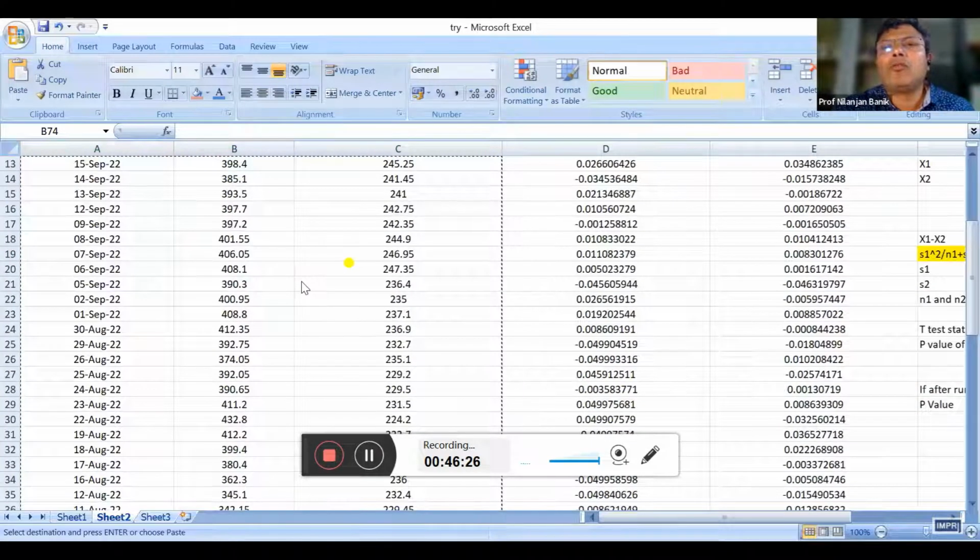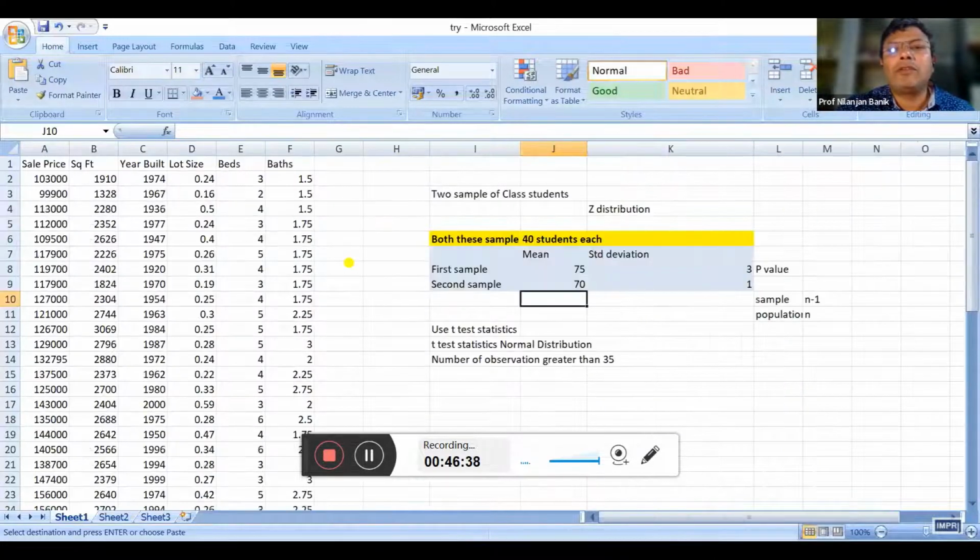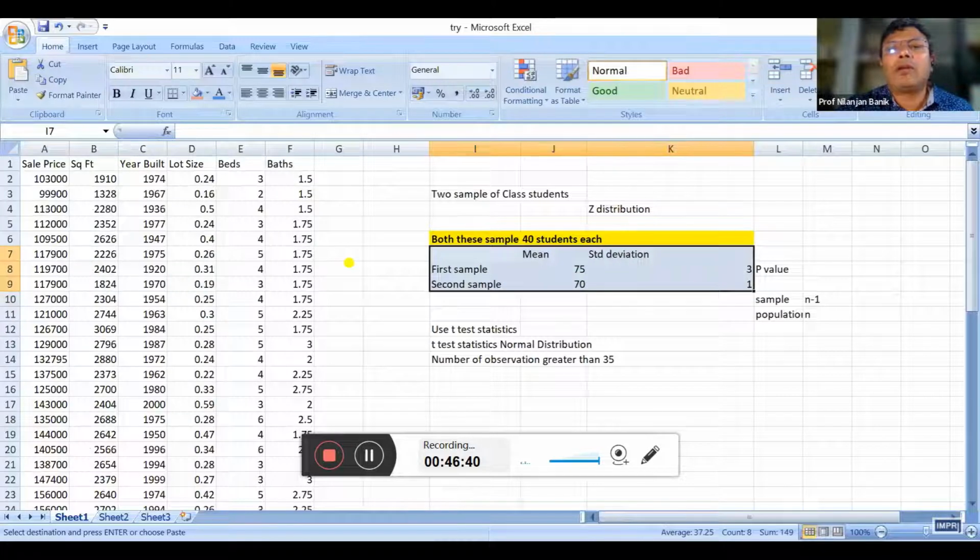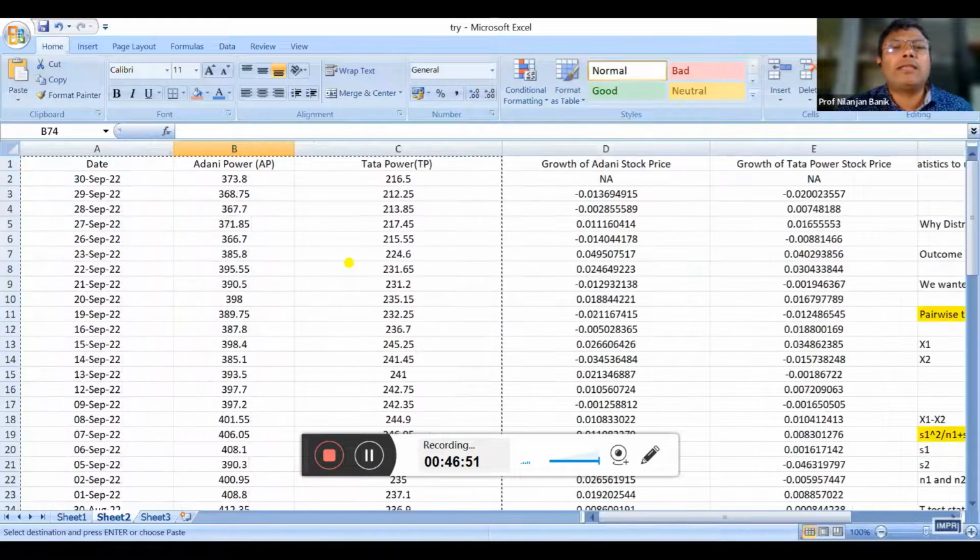What we did, to repeat, and why we did all this: in the previous class I said that if you are getting a sample like this, which one is a better sample? I did not actually introduce you to the concept of pairwise t-test, but today I introduce you to it. And I said that in absolute terms it does not matter, but what matters is